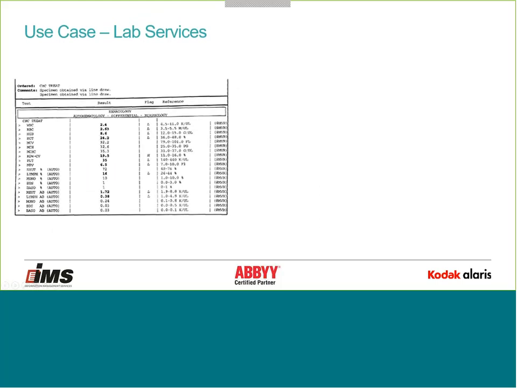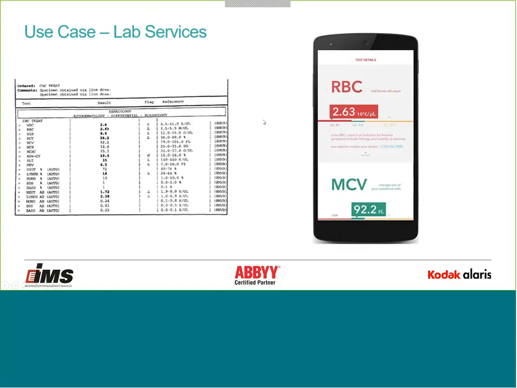Here's the standard test that you're looking at. And this is not supposed to be an eye exam. It is blurry to start with. But you've got your treatment here, whatever they were checking for, here's your number. And so what you can do here, after you've scanned this or taken a picture of it with your phone, if you want to look closer at the RBC, it tells you it's your red blood count, tells you your number. In this case, it's red because it's low. And here it gives you some instruction on what the potential problems might be if it is low. And of course, they're telling you to call your doctor here, which is not good. But